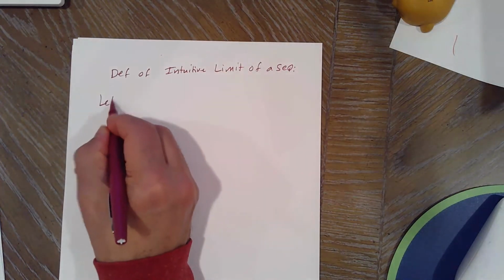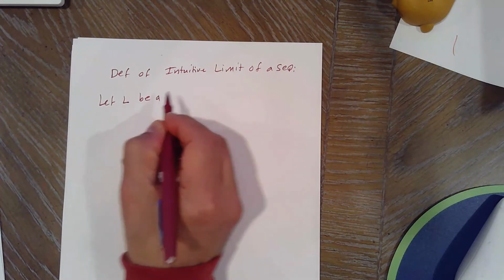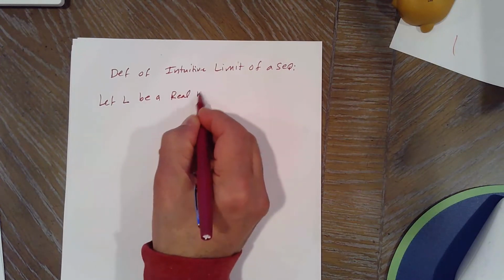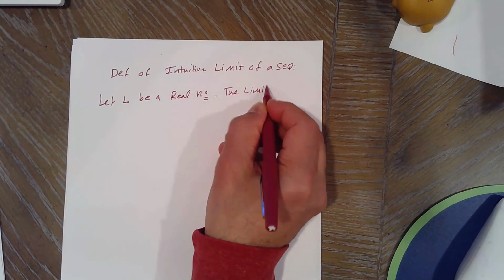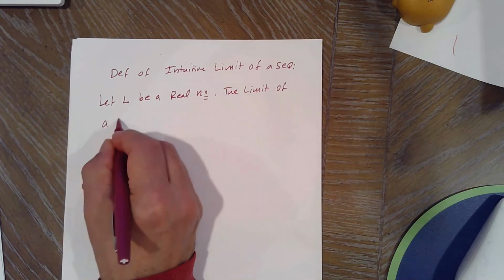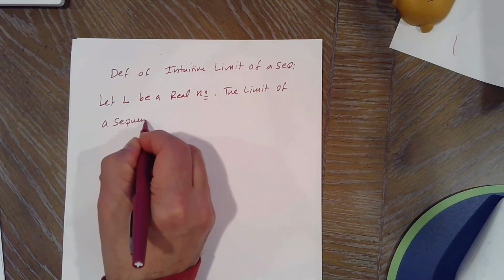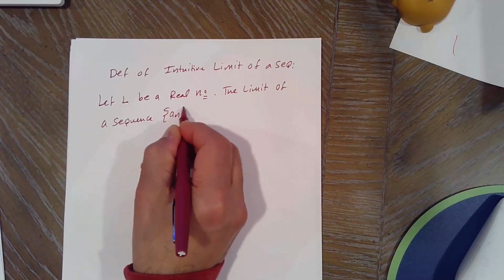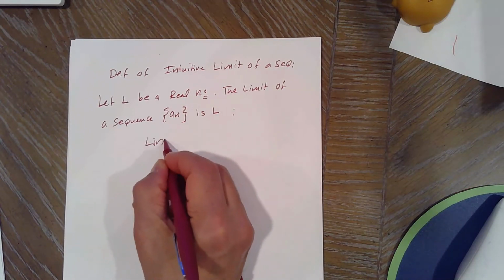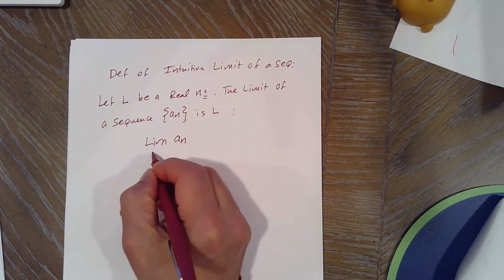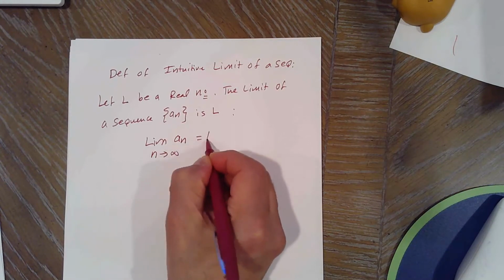Let L be a real number. The limit of a sequence An is L, which we know how to write as the limit of An as n goes to infinity is L,